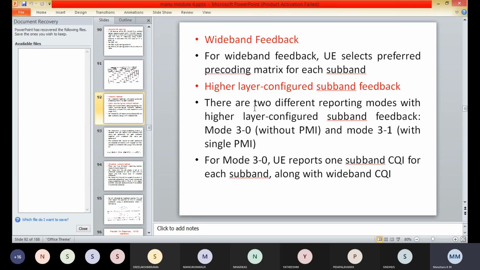Here the supported subband size K is the same as that of the periodic reporting. As a separate CQI is reported for each subband, this reporting type provides the finest frequency granularity, but also has the highest overhead.